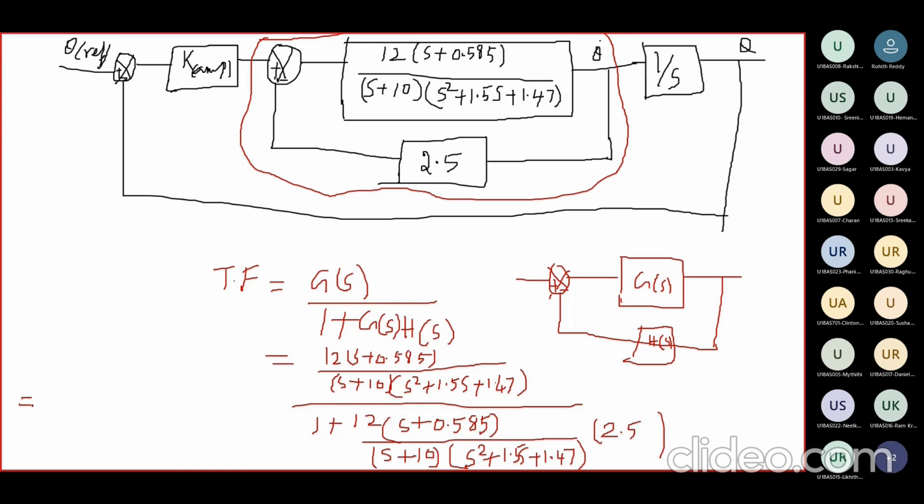Therefore, your transfer function, if you cross multiply, then we common divide s plus 10 into s square plus 1.5s plus 1.47, both will be cancelled. Therefore, we will get 12 into s plus 0.585 divided by, if we cross multiply this value, then 1 into s plus 10 the whole thing, then we will get s plus 10 into s square plus 1.5s plus 1.47